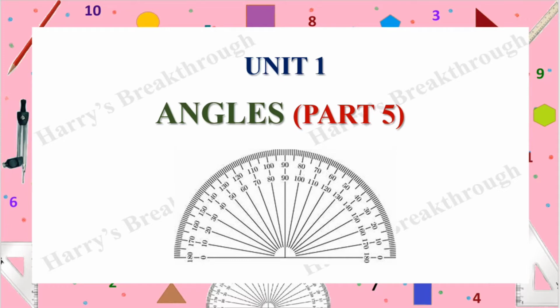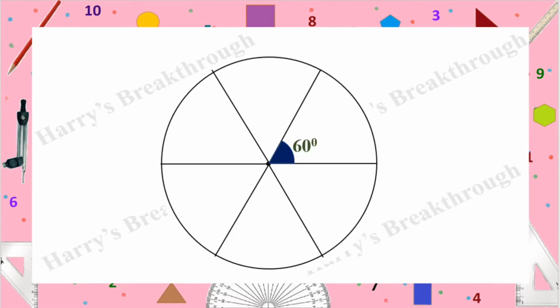Today, let's start our class with this figure. I hope you are all familiar with this figure. What is this? This is dividing a circle into 6 equal parts. And if we divide a circle into 6 equal parts, the angle formed at the center of the circle for each part will be 60 degrees. So I hope you all know how to draw this. Let's draw this again.